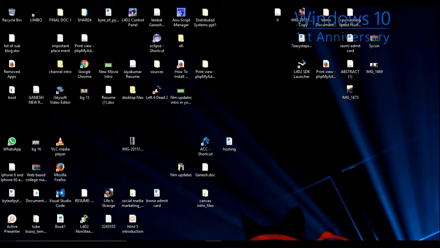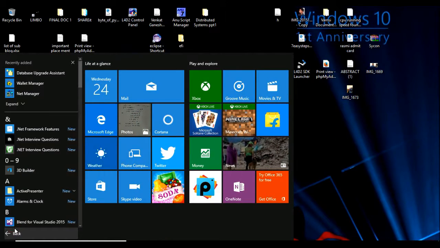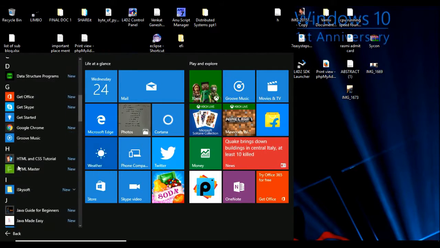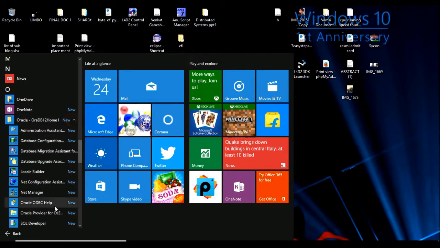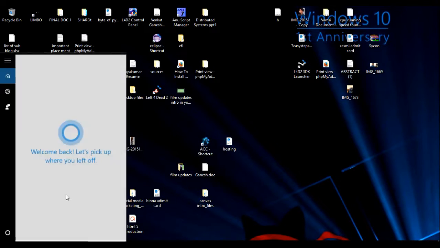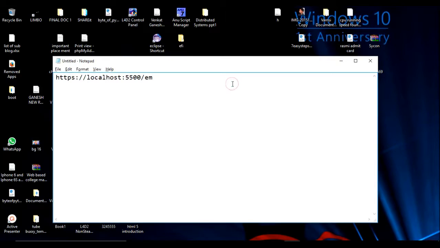Now we see all the installed files. When you click on All Apps, I move to Oracle. So you find the Oracle Database. These are all the files. I have already copied this address.